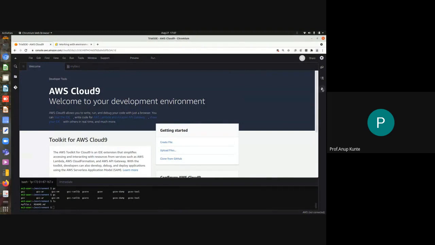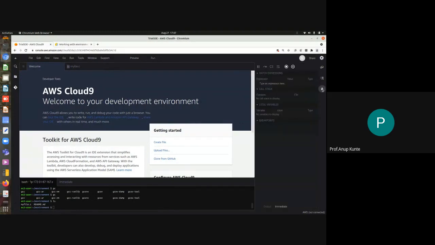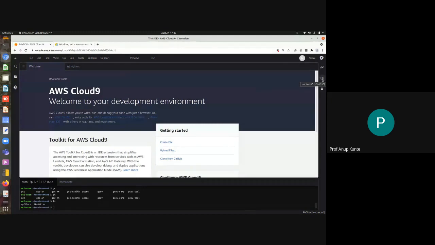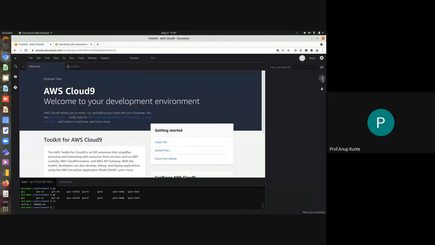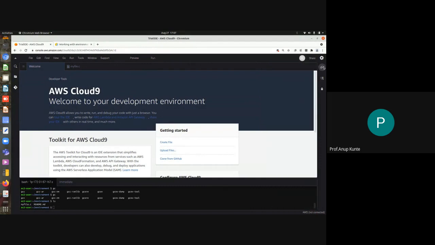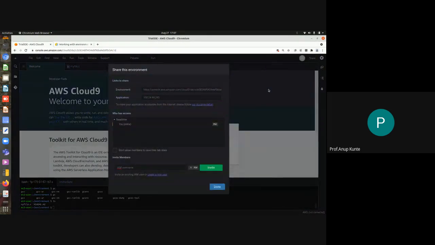There is a debugging tool on the right hand side. Currently we are not debugging anything, but next week we will have one tutorial where we'll try to debug certain code. And if we are working in a team, there has to be some communication between the team members, for which this chat window is available. So this is how I can share the environment with others. This environment can be shared through this particular link with any other person.